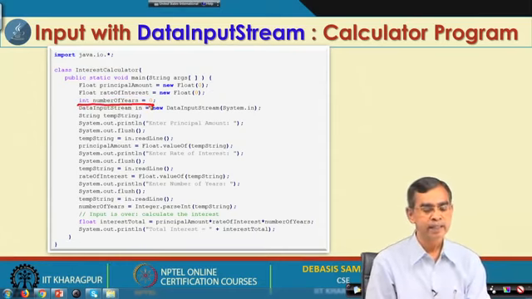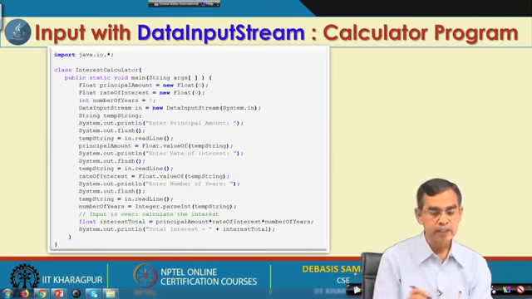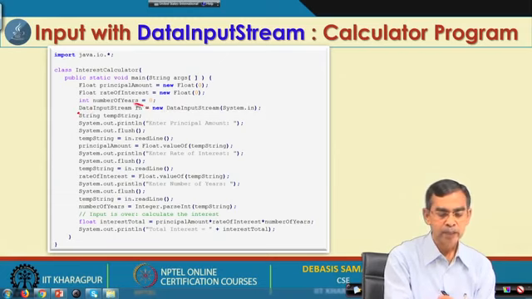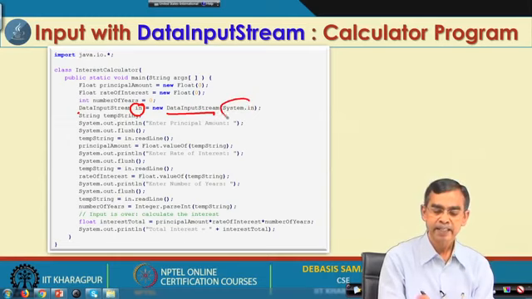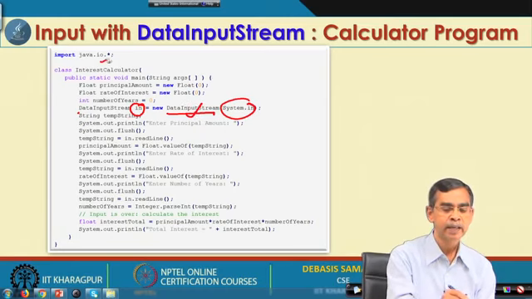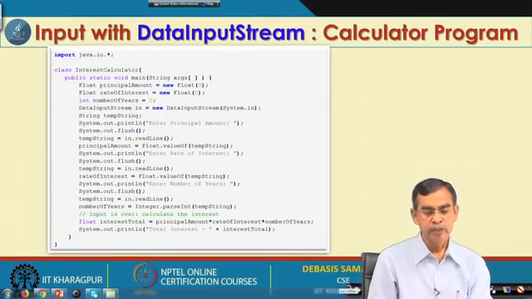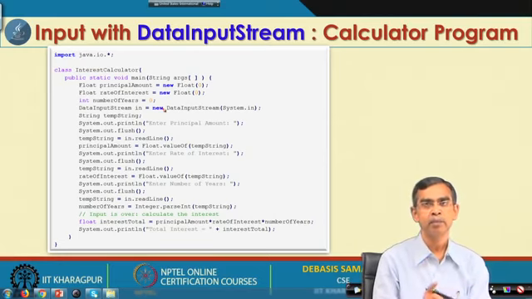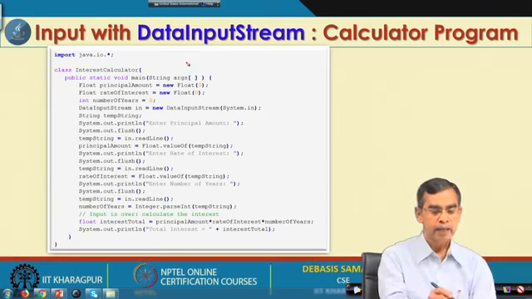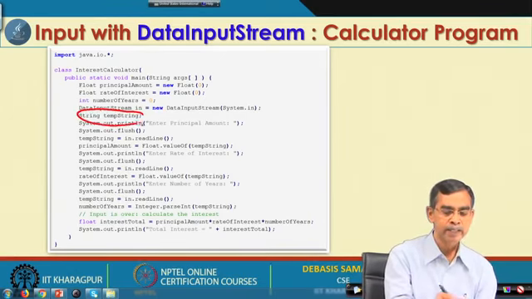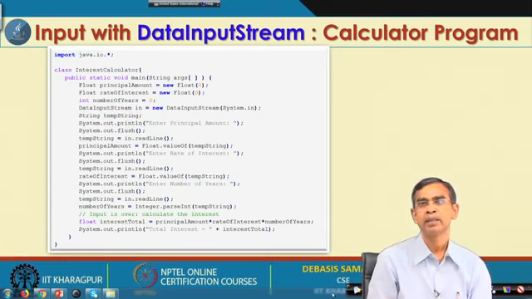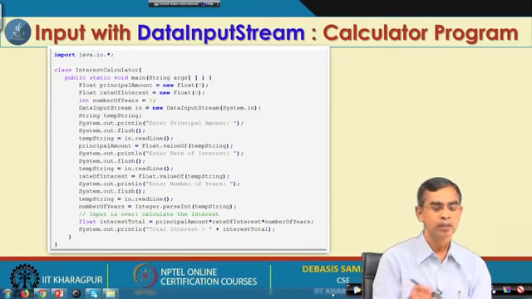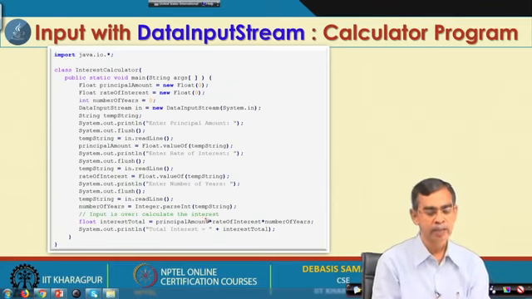We have also declared another variable called the number of years. It is an integer initialized as 0. Now here you see we declare one object called in, of type DataInputStream. This is again like System.in that we used with the Scanner class, and the DataInputStream class is defined in the IO package. So we use this and it creates an object, so that it is ready to read something from the keyboard, just like the Scanner class. Now, temp string is a temporary string; whatever is read from the keyboard is read as a string, as I told you. So, we will read this string and store it in a temporary string called temp string.